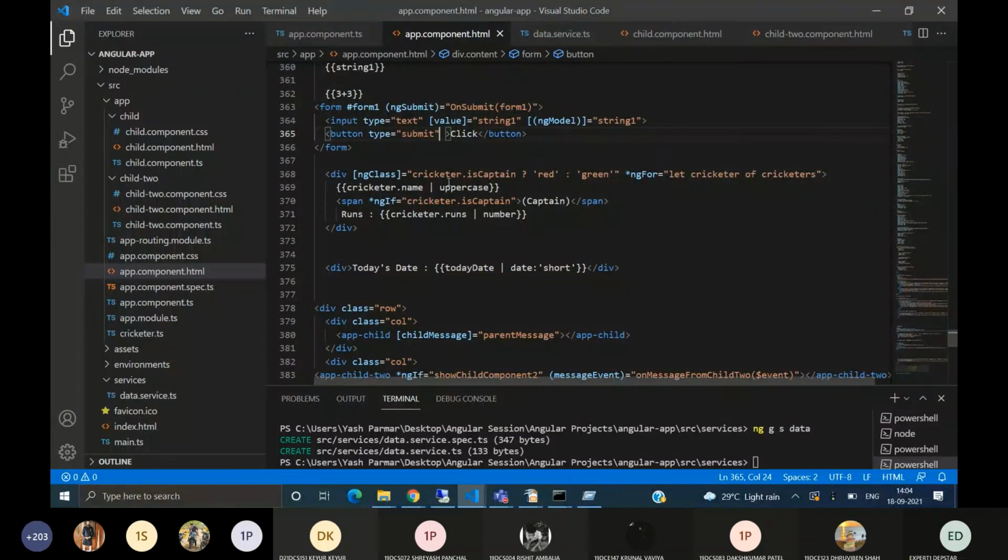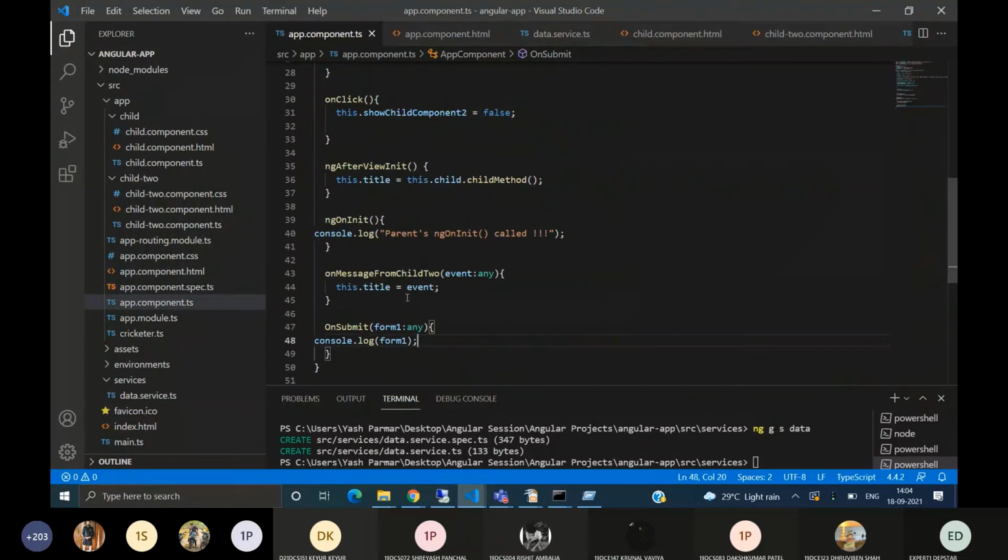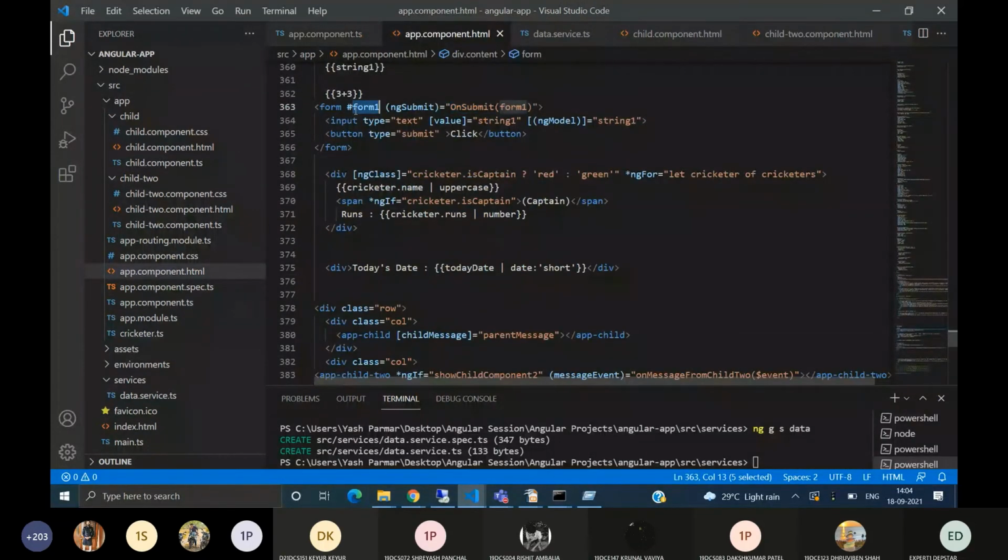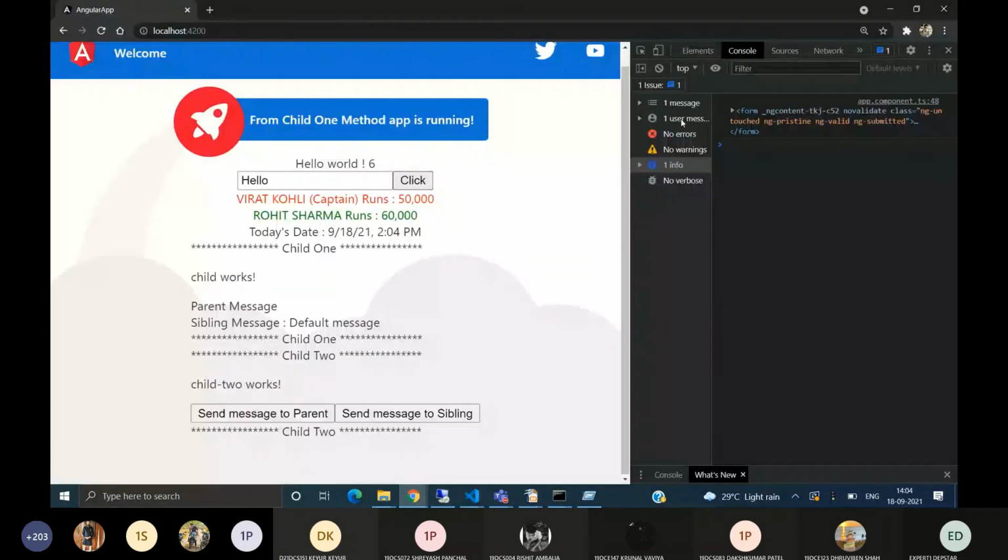On click event, this is type submit. So this form will automatically detect if the button click is type submit, then this form will automatically call the ngSubmit event. And as this event is called, the property method that is bound to this event, onSubmit, will be called, and in onSubmit we have passed this form in the parameter and we have printed that form here. So as we have clicked here, the form is being printed.